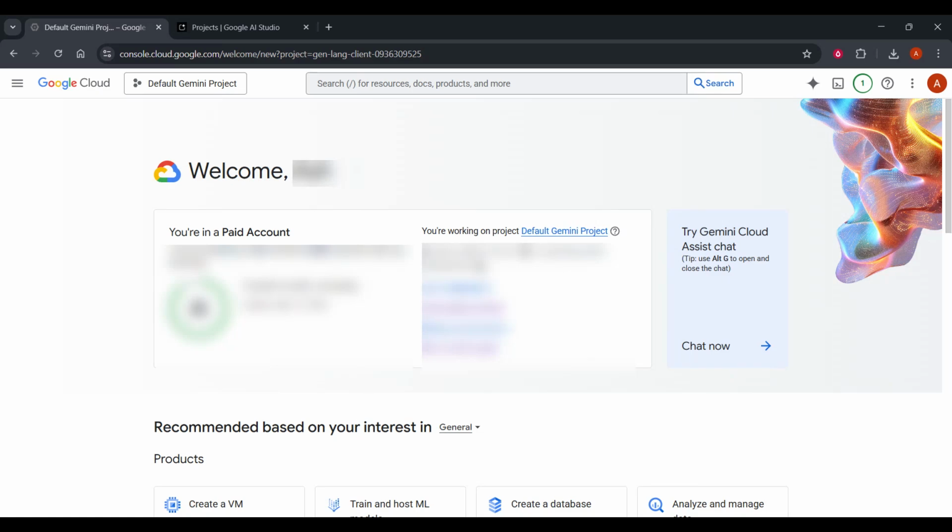In today's video, I'm going to show you how to use Google Cloud Text-to-Speech step by step, including where to find Google's latest text-to-speech models and how to generate an API key that you can use in your own apps, tools, or software projects. This is perfect if you're a developer, content creator, or business owner who wants high-quality AI